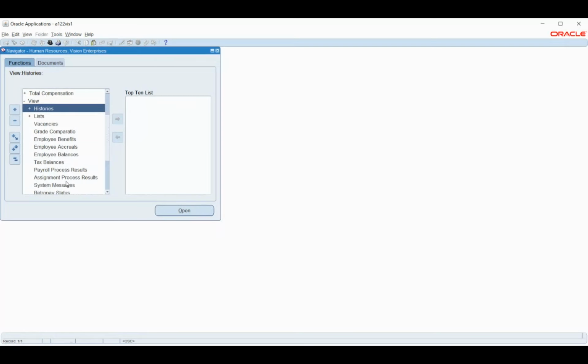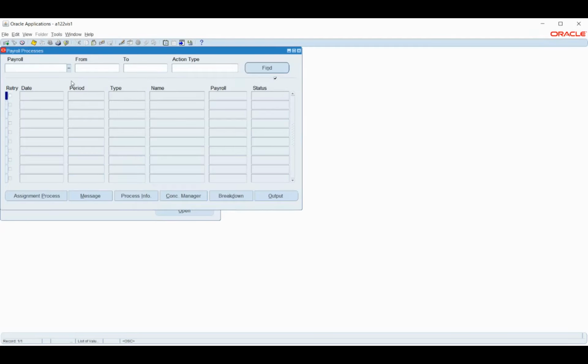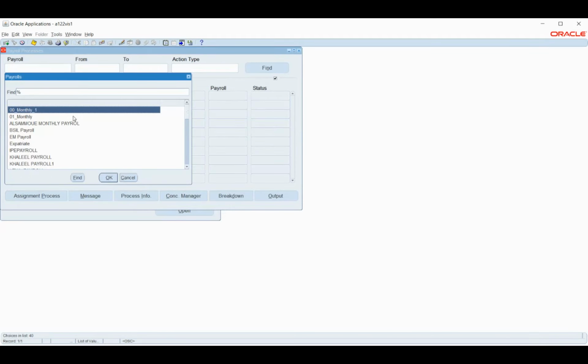So either I can say this is based on the payroll process, which means this is the entire payroll run, or probably I can search by employee, that is assignment payroll results. So firstly, let me open the payroll process results, and probably I'll take the details from here, and then we will go to the individual employee.